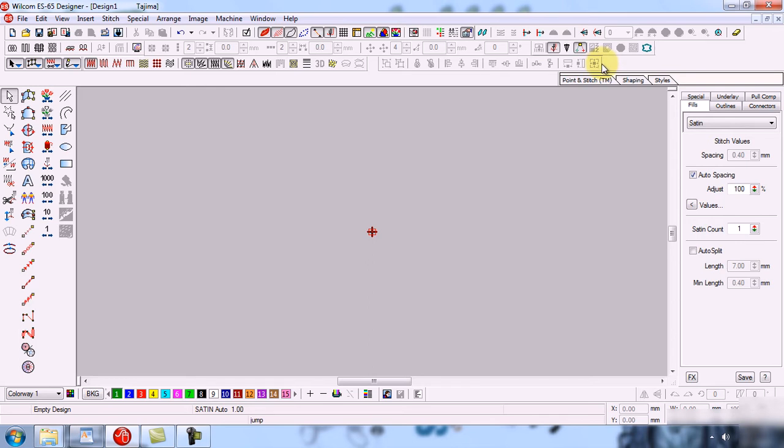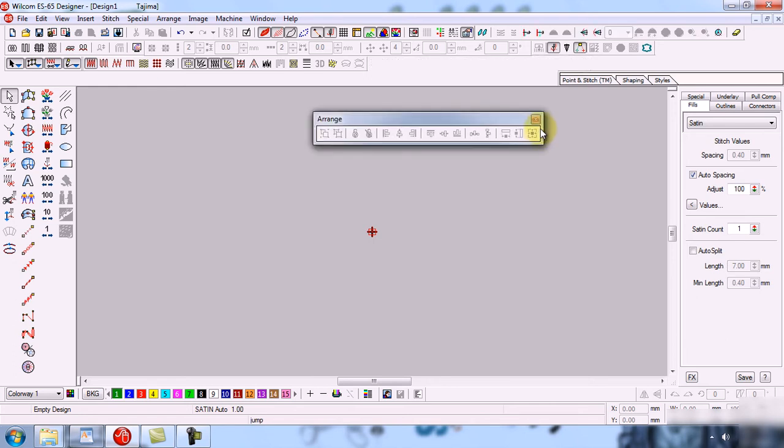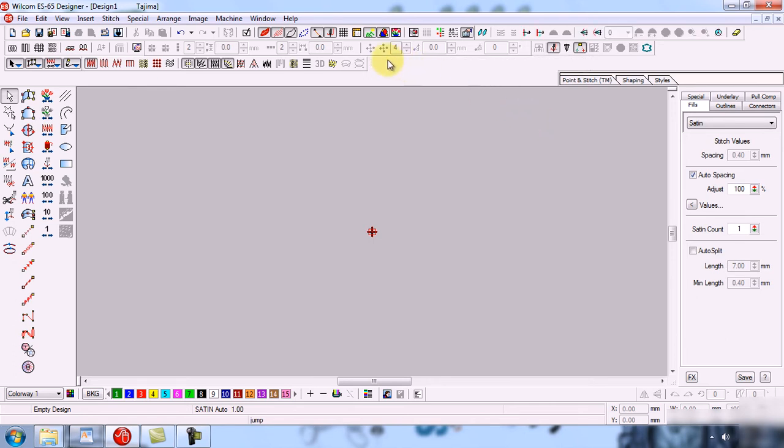For example, this is a menu, you can drag it anywhere. You can change its position, click on its corner and move it. You can fix it anywhere. For example, I have to delete it, so I will drag it here. Now I can delete it. In this way we can delete any type of toolbar.